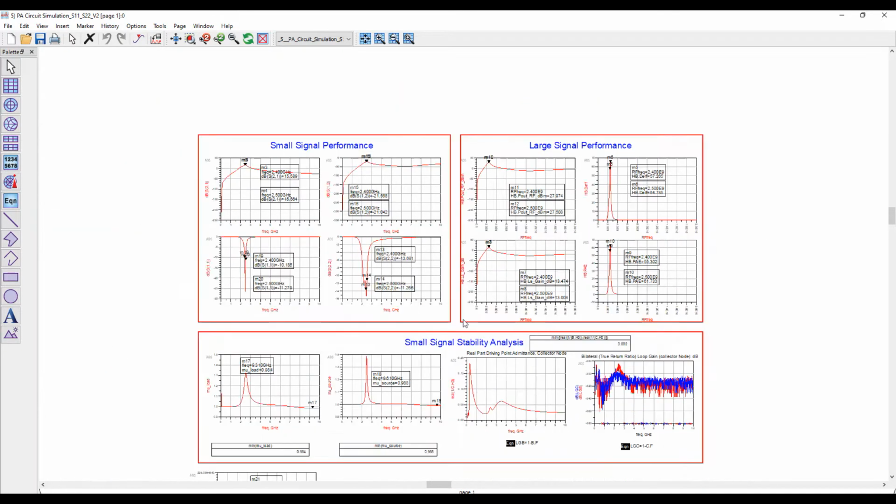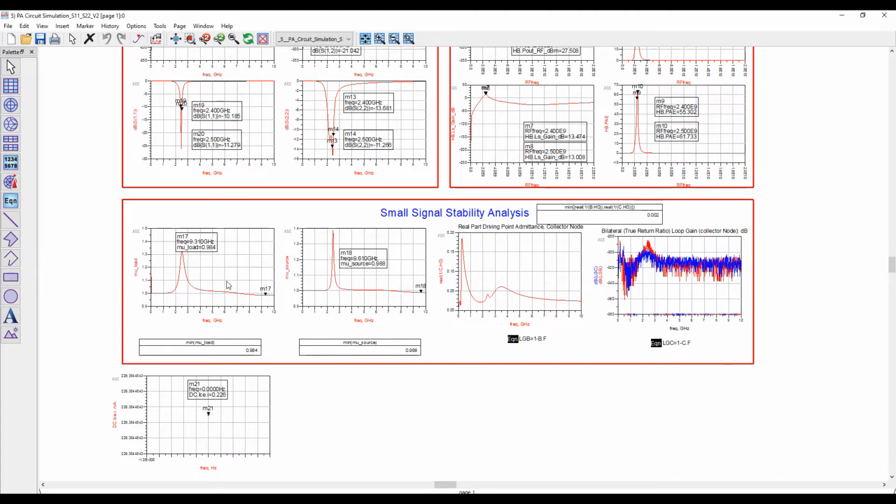As far as the small signal stability analysis is concerned, the mu source and mu load is failing above 7 GHz. However, we need not worry about this. Based on my experience, when we use the component models from the supplier, this problem will be solved. The real part of driving point admittance is positive for both collector and base nodes, indicating the circuit is stable.